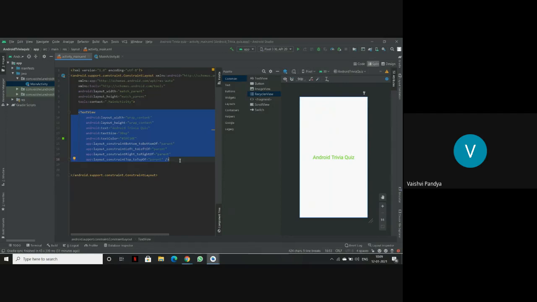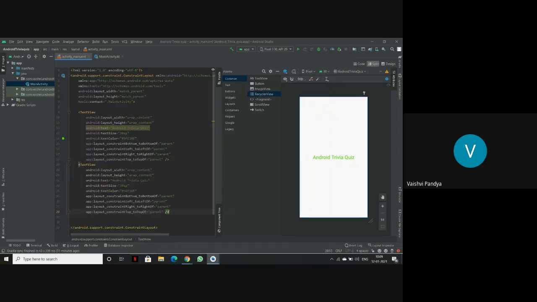Here is the text view, so I'll just copy paste it again. Why am I copy pasting this? The main reason is that the text above was already constrained. You can always drag this text here again, but if you do that, you'll have to constrain it again. But if you just copy paste the thing again, it will already be constrained. So I have just copy pasted again, and I'll change it to Email.